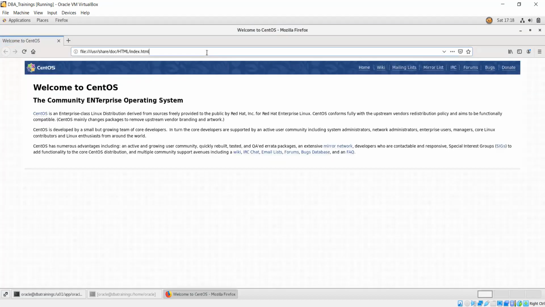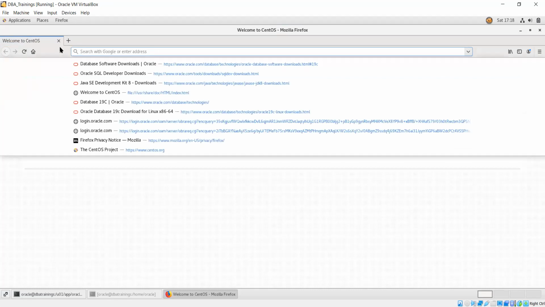So let me try to access this which I have copied. The port number which I have used, if I remember, localhost and the DB trainings.